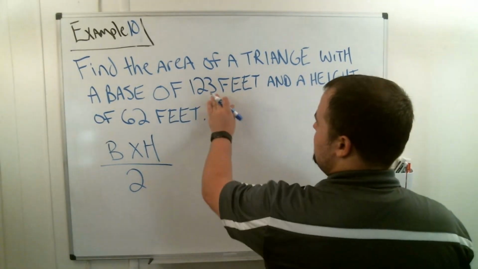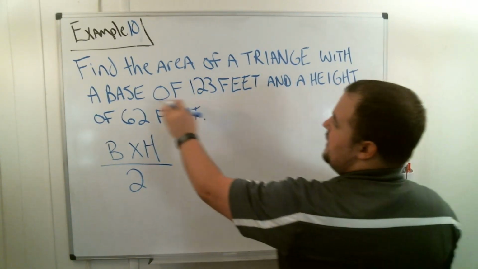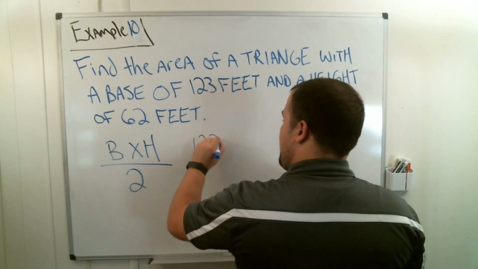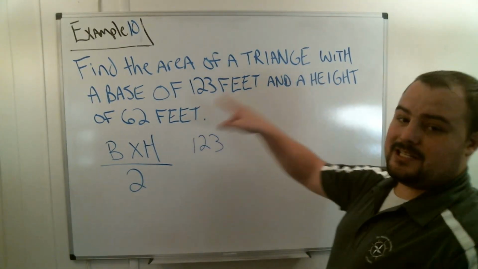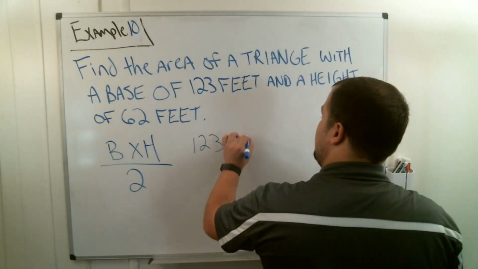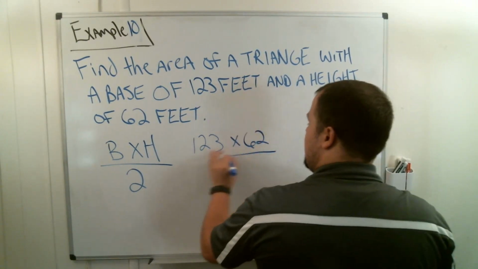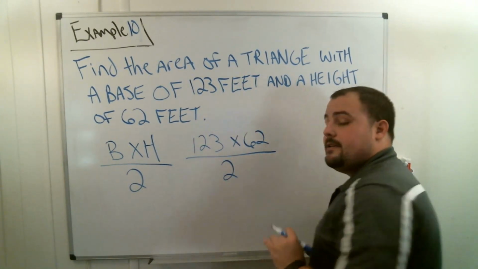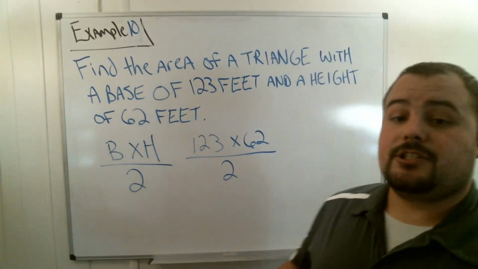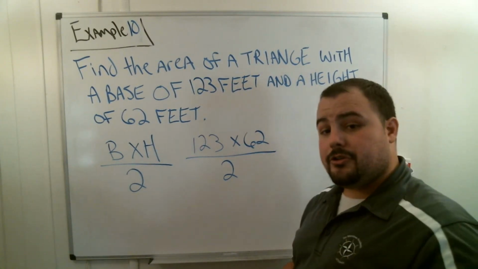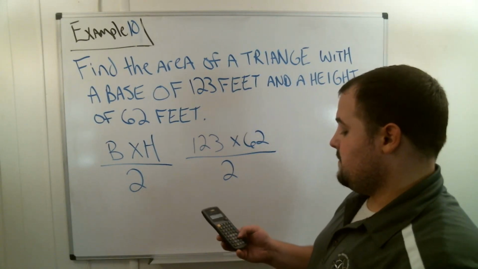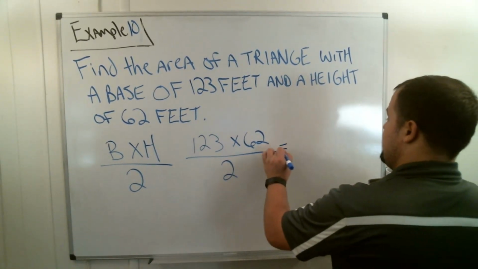Well, in this case, they tell us the base is 123. So I'm going to replace my base, which is the letter B, with the number 123. And then it says the height is 62. So again, we're replacing it with the number 62. So it's really 123 times 62 divided by 2. Now, I'm going to go ahead and use a calculator to solve this problem. I could do 123 times 62 by hand, but a calculator helps so we get there a little bit quicker. 123 times 62 equals right here